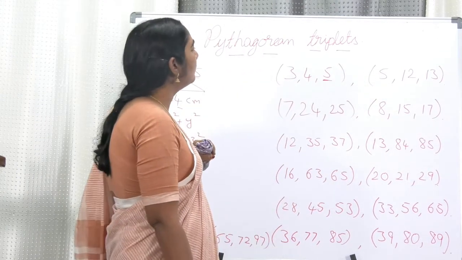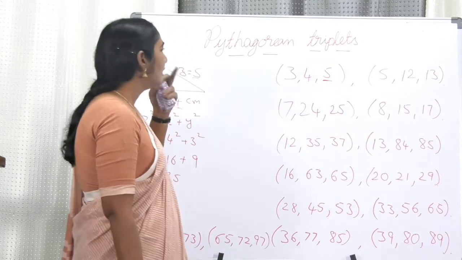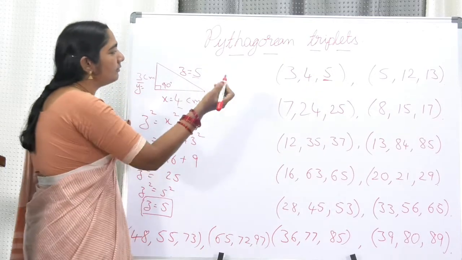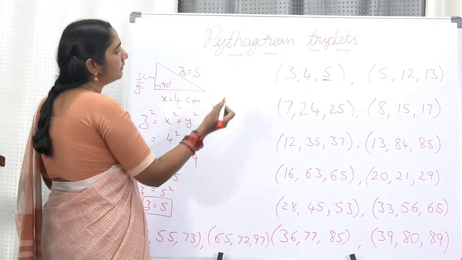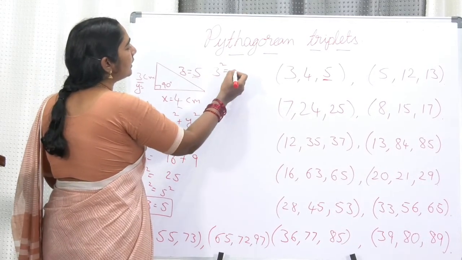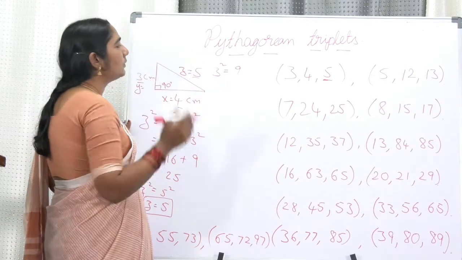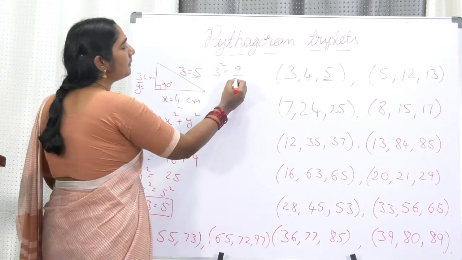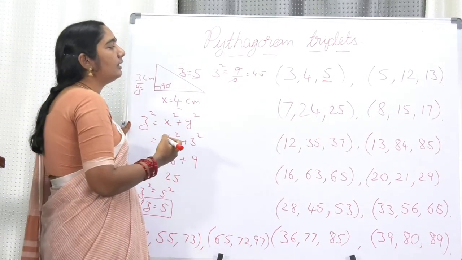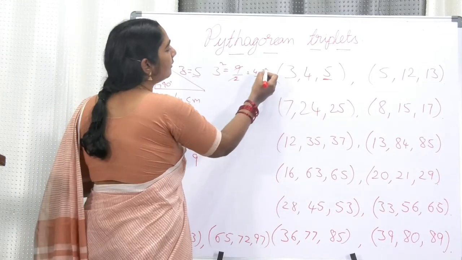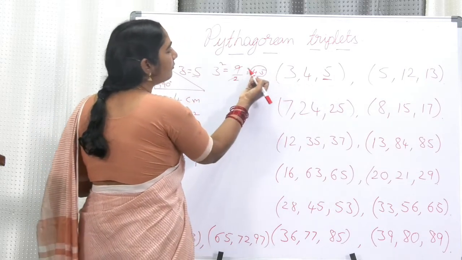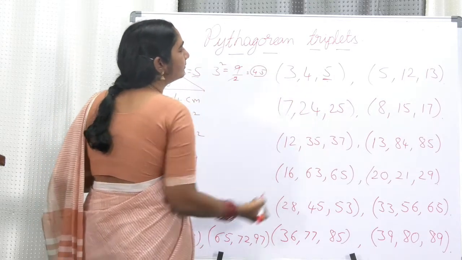Here I would like to tell you one point. If you take 3 or 5, this triplet or that triplet, please see. 3 square is 9. If you divide that 3 square by 2, you are getting 4.5. So now you are getting the value 4.5. So the values of the other numbers are 4 this side and 5 that side, that is 0.5 less and 0.5 more.